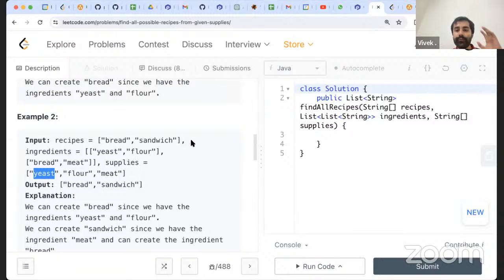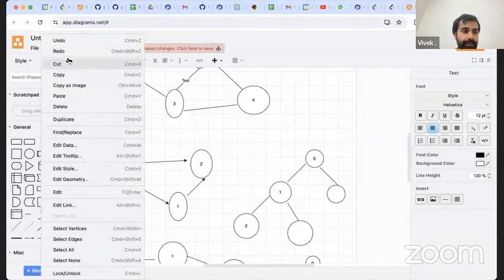So whenever you figure out such sort of dependency based relationship in a question, then most of the times it turns out to be a graph question. Like here, if I have to model this entire thing as a graph, I would go on and say that, hey, let's just go here. Let's open